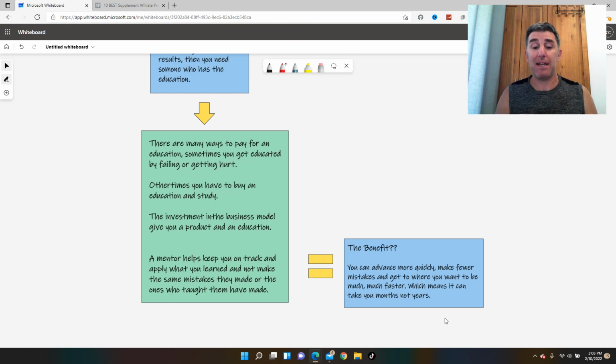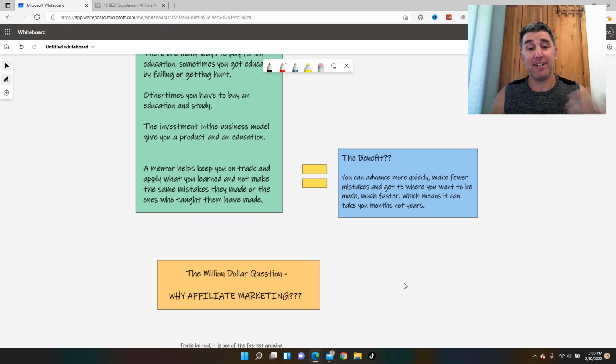And that doesn't mean after 3 or 4 months, I cut you off. It means that I work with you twice a week, once a week, every week for 3 months, 4 months. And after that, if you have questions, you have problems, just reach out to me. Maybe you just want to see what I think of a certain avenue or a certain idea, reach out to me. I used to reach out to my mentor. He still reaches out to me. It's a good relationship. And you learn to be friends.